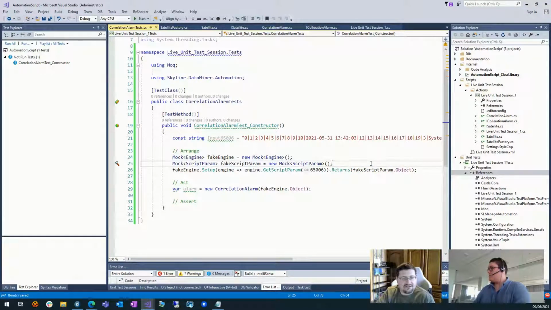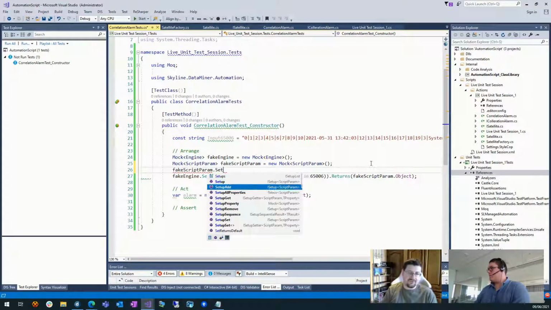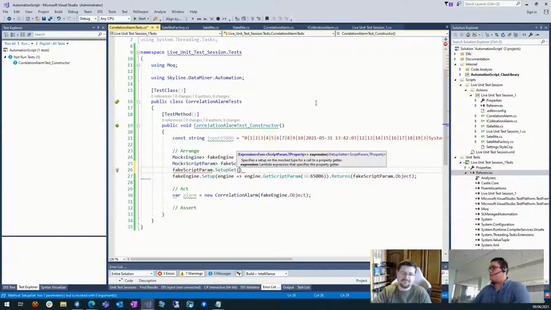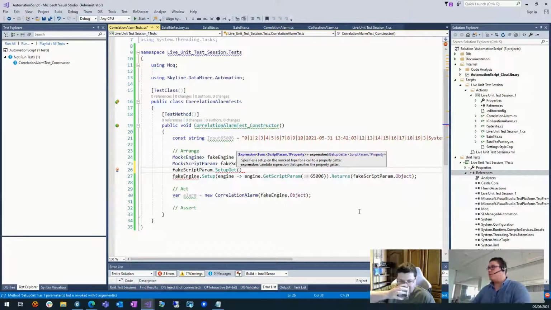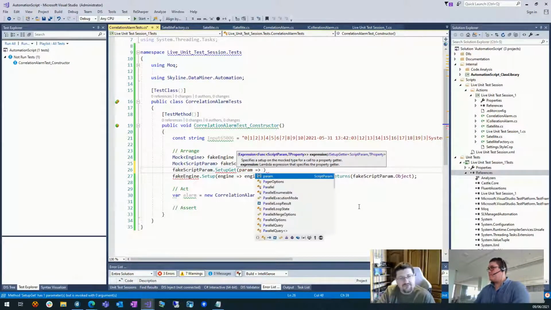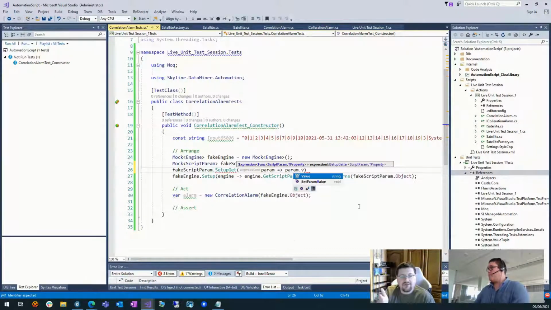So faking the script param, and in that one we'll do another setup, because we want to do the value. This is a specific one because it's going to be a property. It's not a regular setup, but then the setup get, for example. The Moq framework does have a lot of options to override, even if it's a property with a public get but a private set.